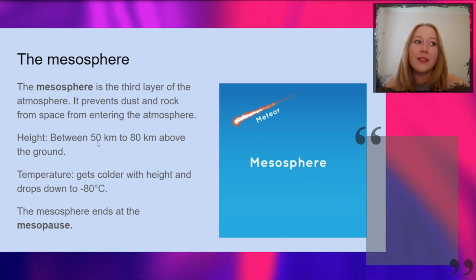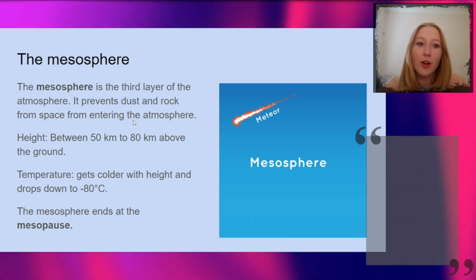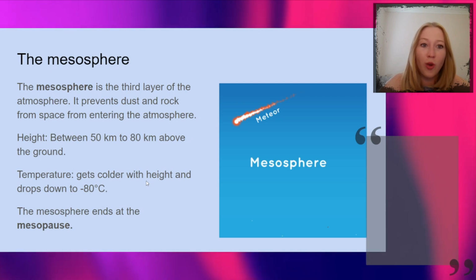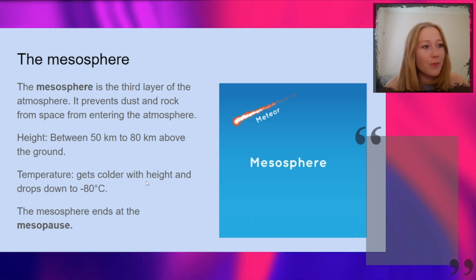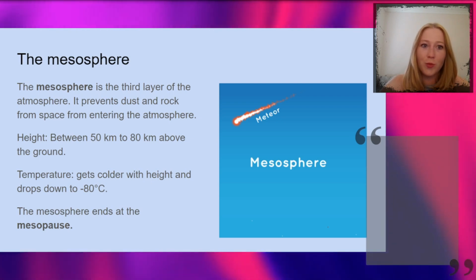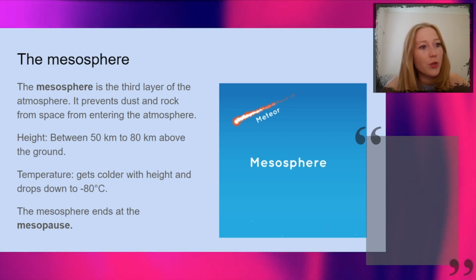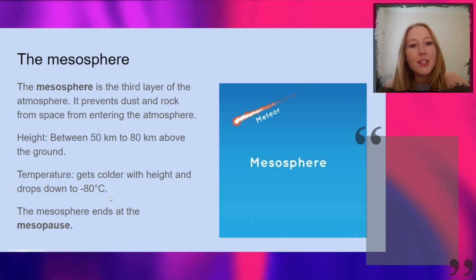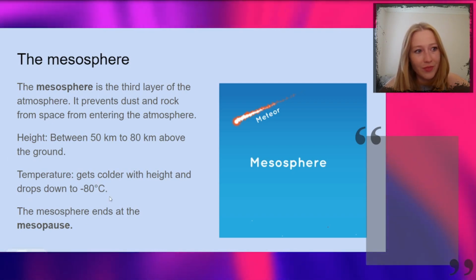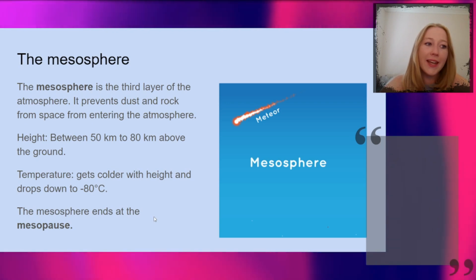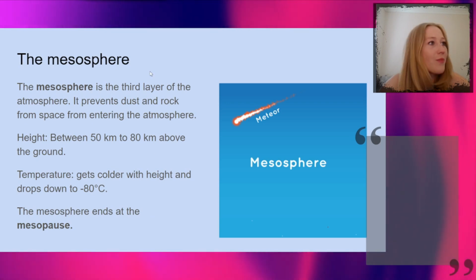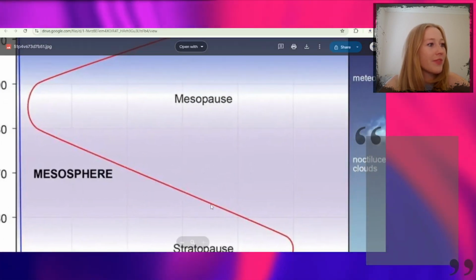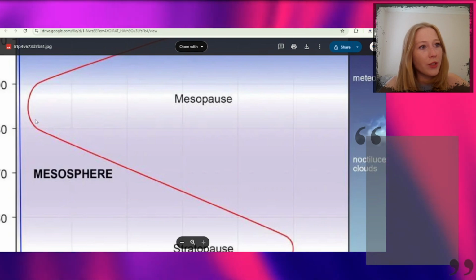So we typically find it at 50 to 80 kilometers above the ground, and it gets very cold. So it starts from the 0 degrees, that's where our stratopause was. It starts from 0 degrees and it keeps getting colder till around negative 80 degrees Celsius. Okay, and then that ends at the mesopause. So if we go back to our diagram,